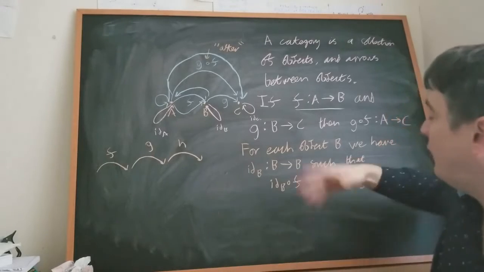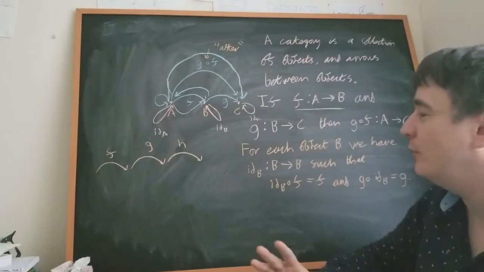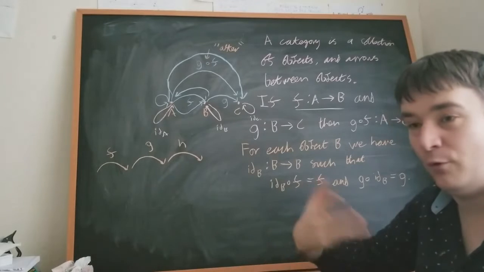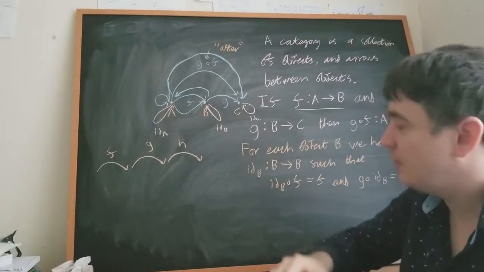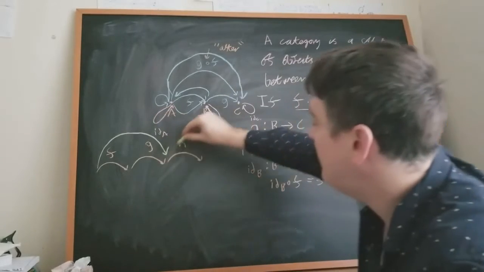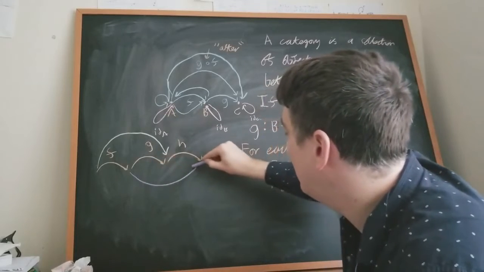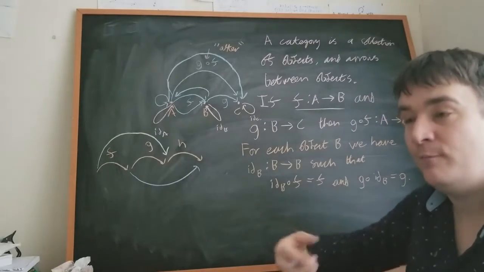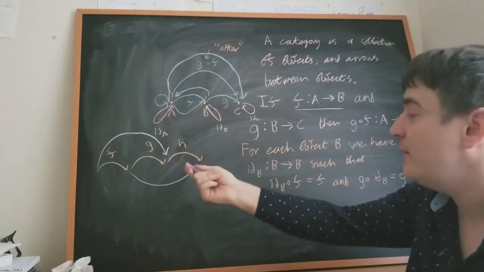I've just told you that we can compose pairs of arrows together to get the third ones. But here we have 3. So how do we compose them? What order do we compose them together in? We could compose these 2 together and then this one, or we could compose this one and then these 2 together. And the answer is it doesn't matter, because we're assuming that arrow composition is associative.